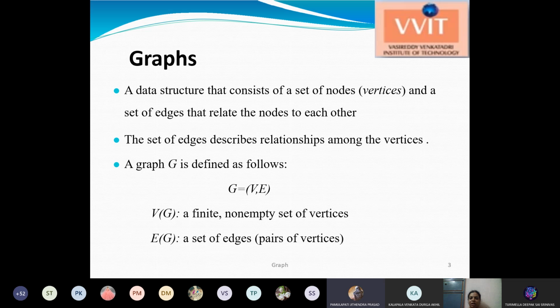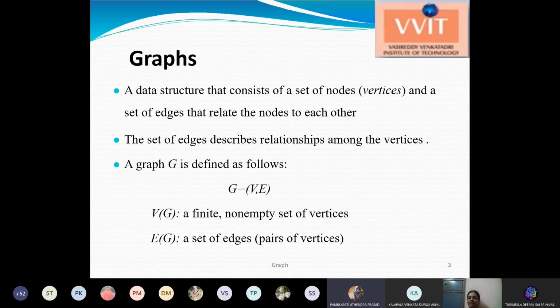Because if you have a point on the paper, only then can you draw a line. With at least one point, you can draw at least circular lines for that point. But without any point on the paper, you are not able to draw any line. So at least one vertex must be there. It must be a finite number of vertices, like 3, 4, or 10 vertices.